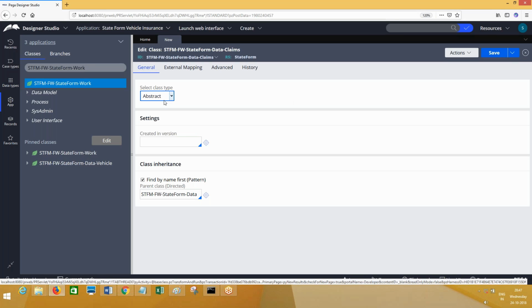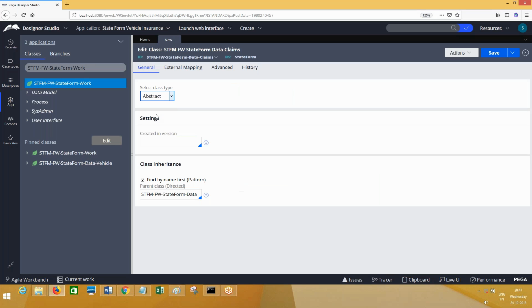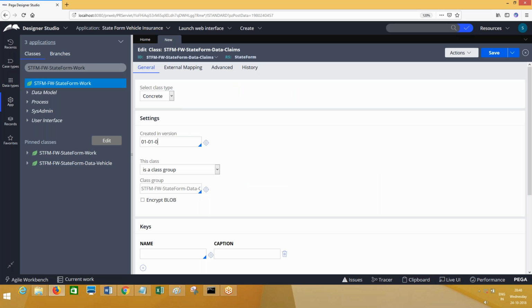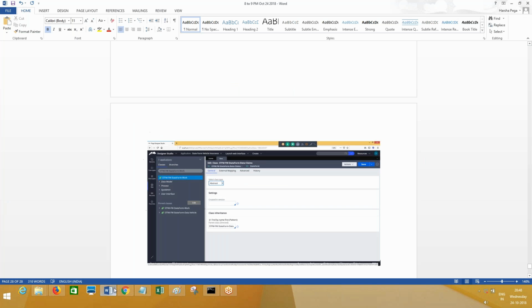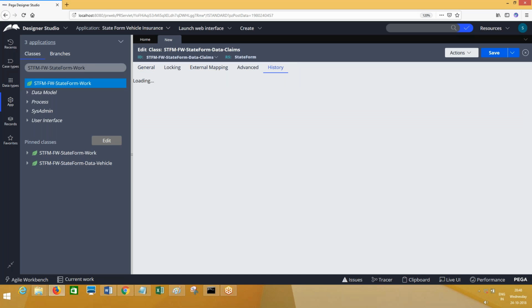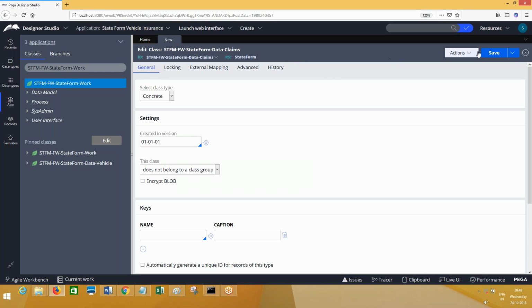What are the options here? It's a concrete class, version 01-01-01. This class does not belong to a class group. History tab, and then you fill it. You write down something meaningful. So you should remember that you need to fill the history tab, otherwise you'll get error messages anyway.